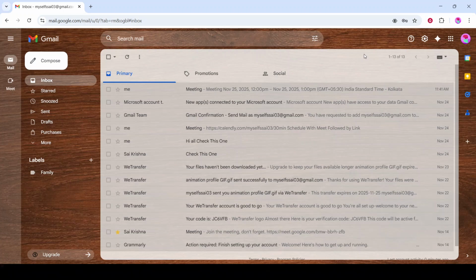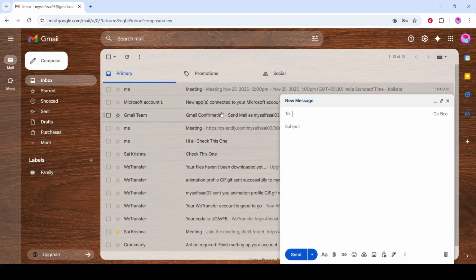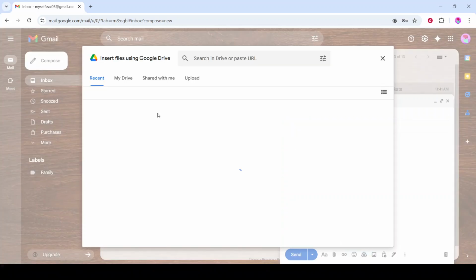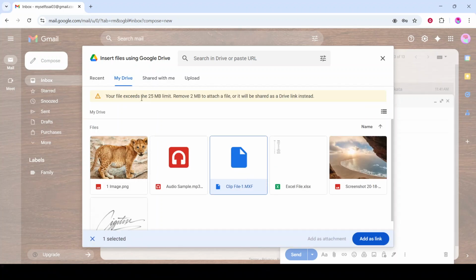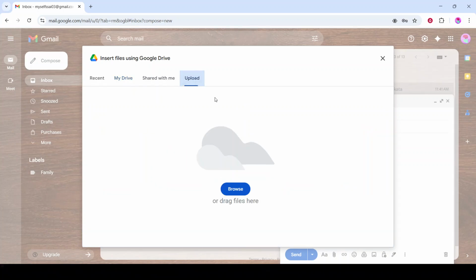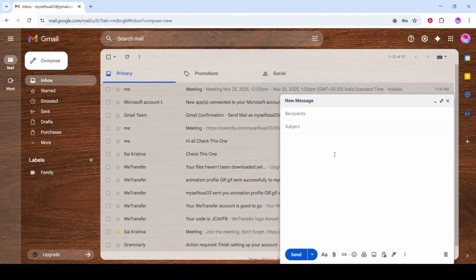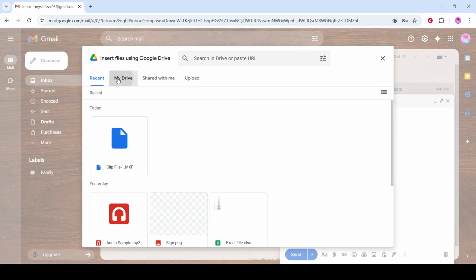If you try attaching a video that's over 25 megabytes, Gmail will automatically upload it to your Google Drive and insert a Drive link into your message. You can also do this manually. In the Compose window, click the Google Drive icon, choose your large video from Drive, and insert it. If the video isn't in Drive yet, upload it first by dragging it into Drive or clicking New, then File Upload. Once it's uploaded, go back to Gmail, use the Drive icon, and select the video to add the link